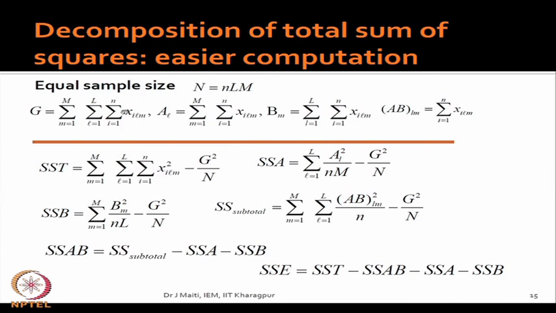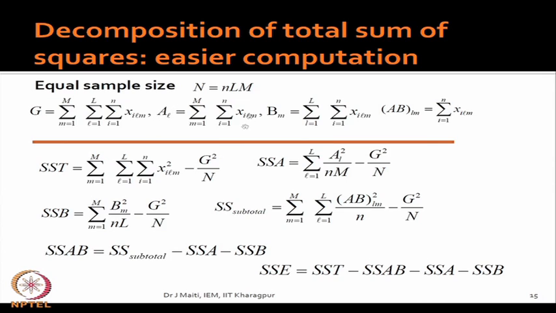Then the second quantity we are computing is the grand total G. That is going through all the cells. So, as a result it is i and all the values in each cell. So, i equal to 1 to n is talking about all the values in one cell, and L equal to 1 to L for the departments or A factors, m equal to 1 to M for the B factors. This is the grand total.